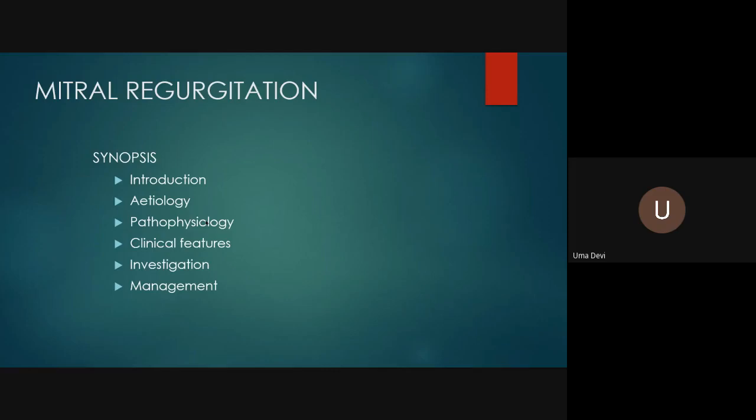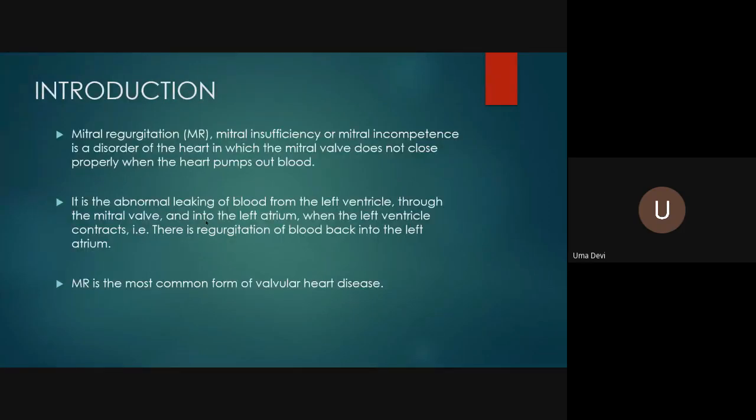As days go on, decompensation starts occurring. The regurgitant flow to LA will cause a giant left atrium, and hence you can have atrial fibrillation. Then this back pressure is going to cause pulmonary hypertension and right heart failure. So in a mitral regurgitation patient, you will have a combination of right heart and left heart failure. This is how the features of mitral regurgitation are going to be. It is otherwise called mitral insufficiency or mitral incompetence.